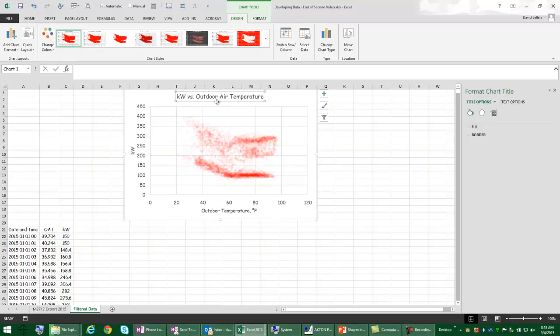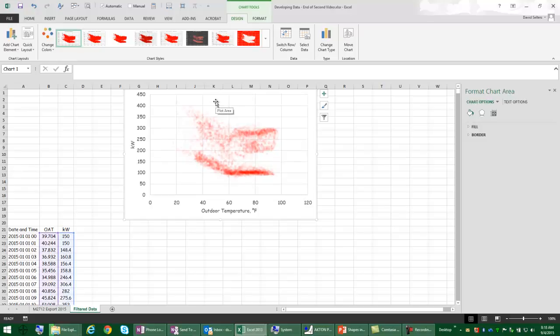I don't really need this title since it's pretty obvious what it is. It's KW versus outdoor air temperature. So I'm just going to take it out, give my chart a little bigger. Okay, so